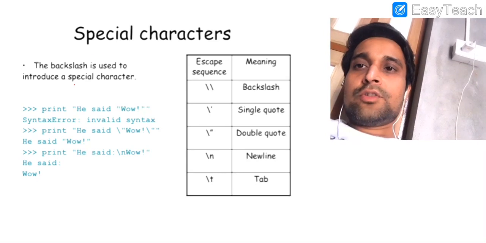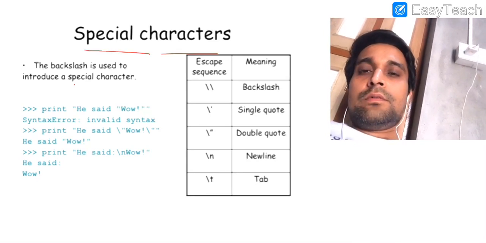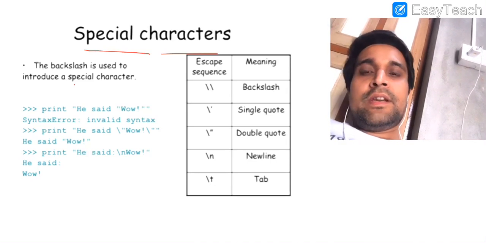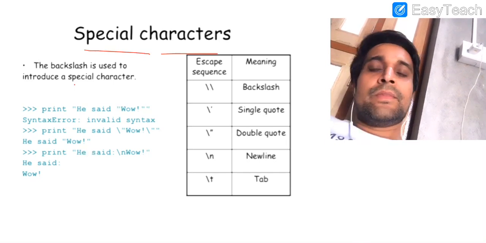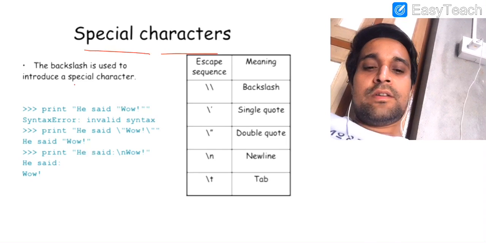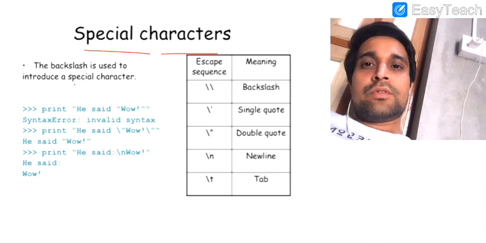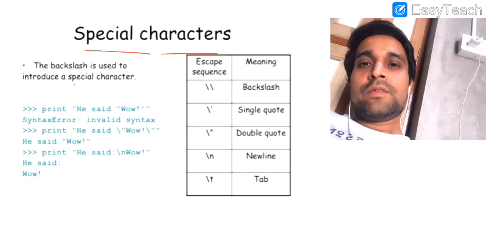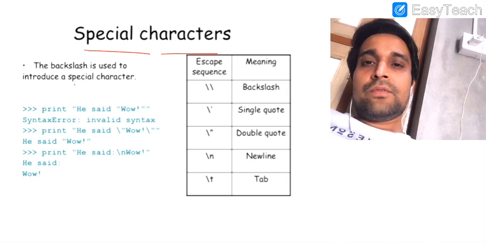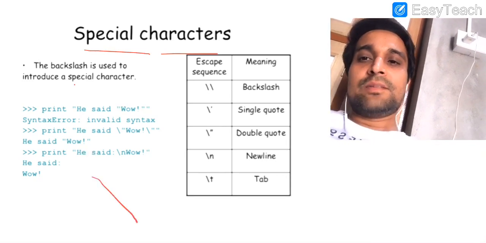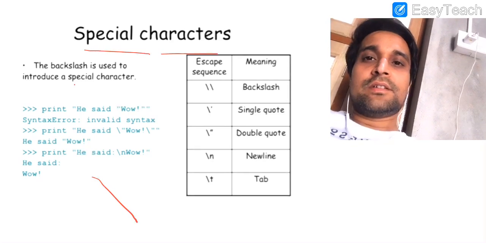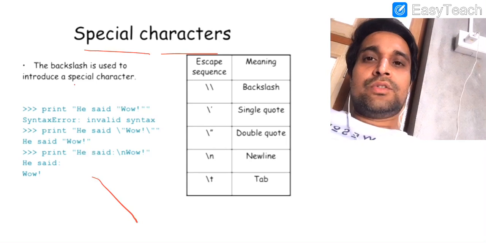Now we are going to discuss special characters. You already know that a string can be created with single quotes, double quotes or triple quotes, but these quotes are not part of your string. Similarly, suppose you use a print statement with a string in single or double quotes; the output will not contain those quotes. But what if you want to display single quotes or double quotes on the output screen also? In that case you need to use the concept of special characters or escape sequences. Escape sequences are created with the help of the backslash symbol. Thereafter you write a single character, and that particular character will be shown to you.